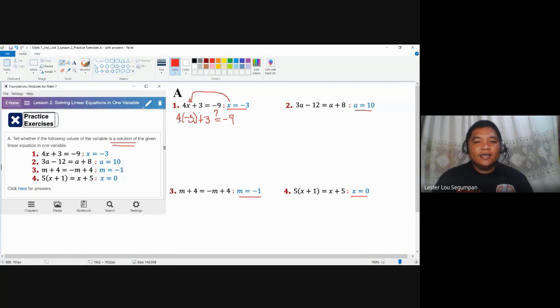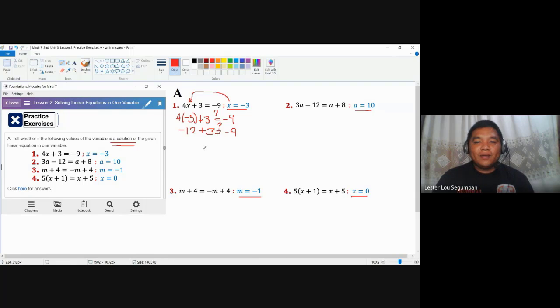Right? Next, you need not add both sides by something, subtract both sides by something, or divide both sides by something; no need to apply more of the properties of equality. Simply simplify one side, simplify the other side, and make sure that both sides are equal. So 4 times -3 is -12, plus 3. Is it equal to 9? -9. Some of you might say, yes, sir. But again, even if it's too obvious, let's not stop there. Let's continue until both sides are equal, even if it's very obvious.